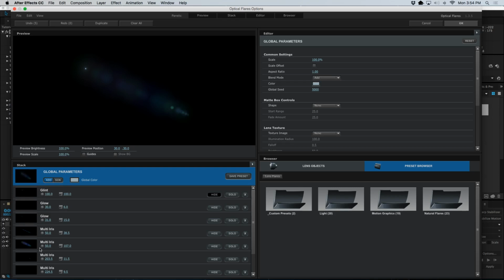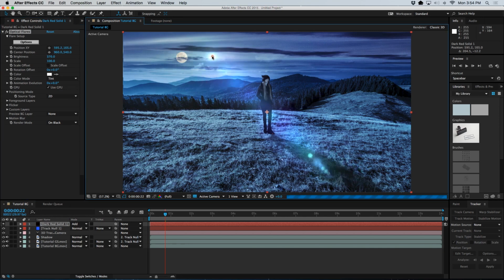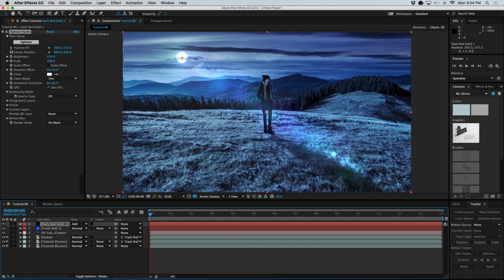And if you like what you see, and there's all kinds of things that you can fool with, it's a really cool plugin. Video Copilot optical flares is definitely worth the money. Okay, so then you come up here and hit OK, and there's our flares, but it's kind of gone dark, so we're gonna turn the brightness back up, but now we don't have this crazy moon glow. That's too bad. We just kind of put it right in the middle of the moon. We've got all these lovely flares, and then I'm going to come to the beginning of my shot, and I'm going to hit a keyframe here for position XY on the optical flares, and come down to the end of my shot